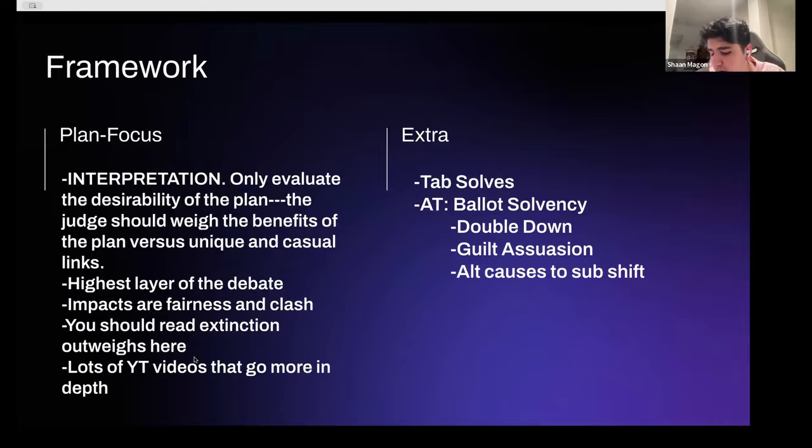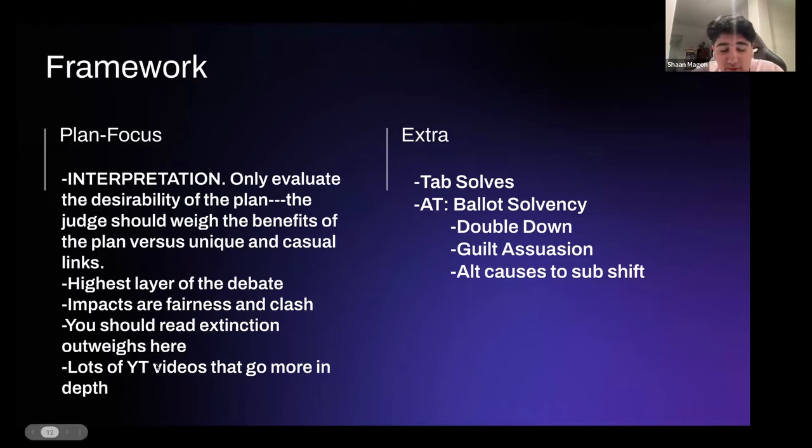I think some common ones are like Zimmer or McCaskill. I mean, you can also just do it analytically. You can just say it's the death and suffering of 8 billion people, yada yada yada. You don't necessarily need a card, but sometimes it might be helpful. Again, I would recommend looking at YouTube videos specifically about how to go for framework. You can DM me if you have questions.